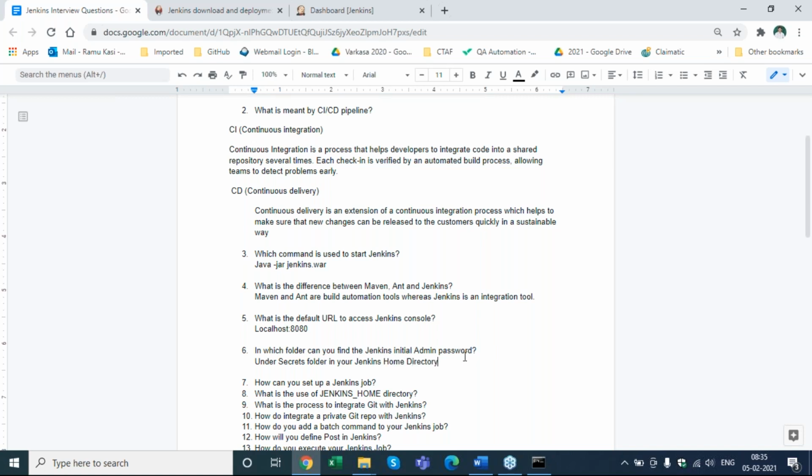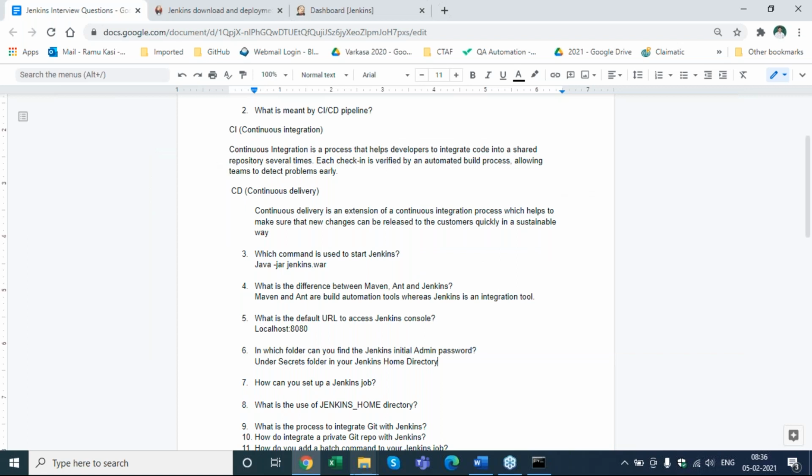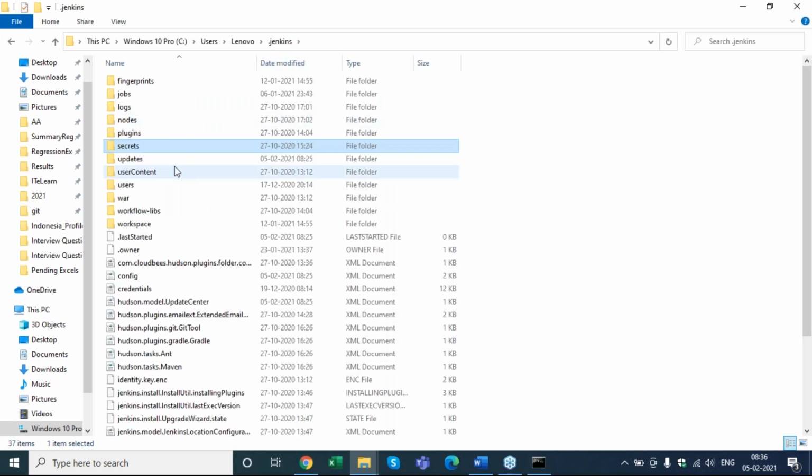Okay. When I say Jenkins home directory, what do I mean, Tim? Any idea? Wherever you downloaded Jenkins. Exactly. Wherever I have set up my Jenkins. In my case, I put it under my users. It could be your C drive or D drive. Wherever your Jenkins folder structure is installed will be your home directory. It will be something like this, dot Jenkins.